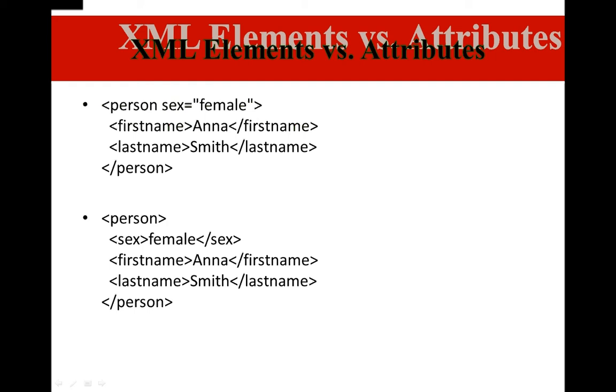If you see this example, instead of putting sex as an attribute, you can make it an element. If you make it an element, female becomes PC data. Earlier it is what? CDATA. In the case of CDATA, we cannot parse it with the parser, whereas in the case of an element, you can parse it with the help of parser software. That's the basic difference.